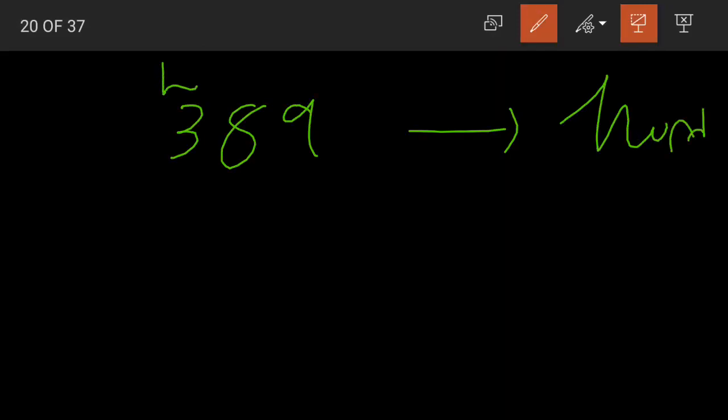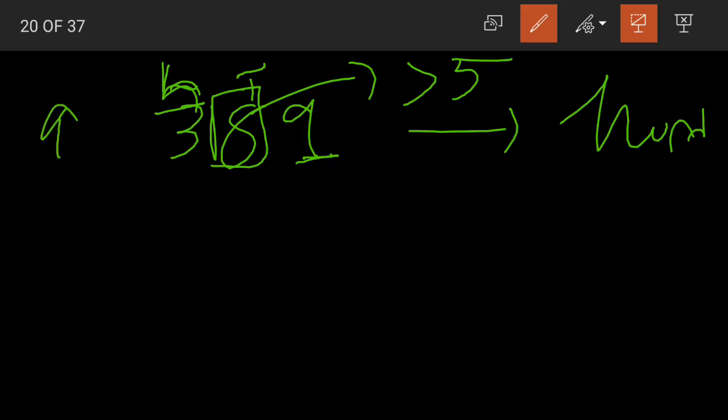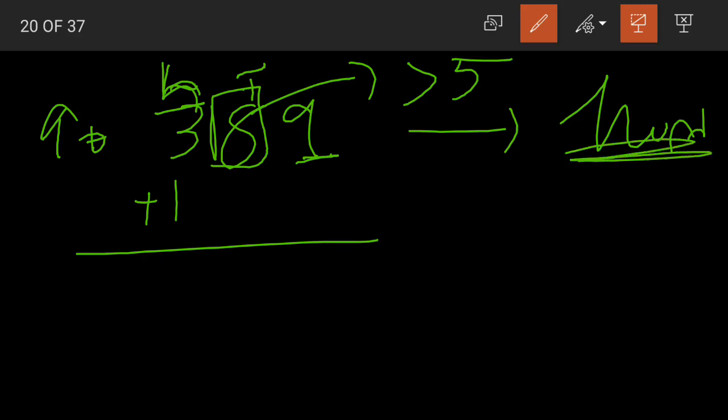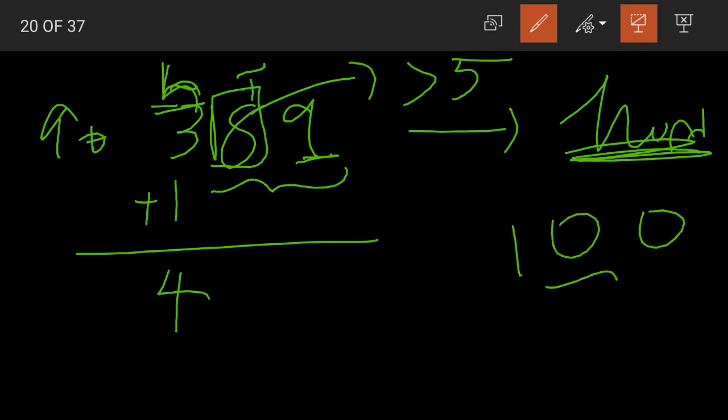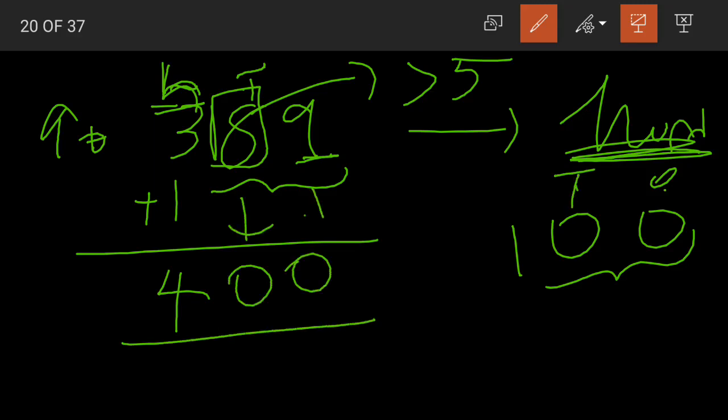If you remember, while rounding off to the tens place, we looked at the digit in ones. In the same way, when we are rounding off to the hundreds, look at the digit in tens place. It is 8, that is greater than 5. Again we round up. What do you mean by round up? Adding 1 to the digit in the hundreds place, as we are rounding off to the hundreds place. 3 plus 1 is 4. Now what about these two? In 100 there are zeros in ones and tens place, so we'll replace the digits in ones and tens place with zeros. So 400 becomes our estimated number.